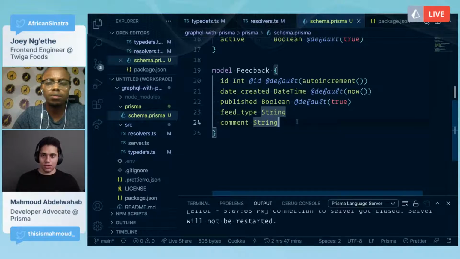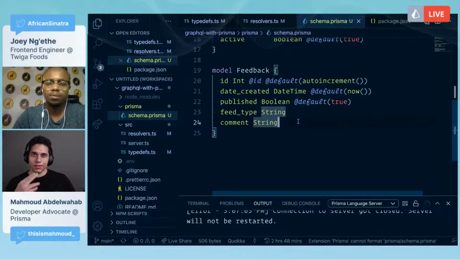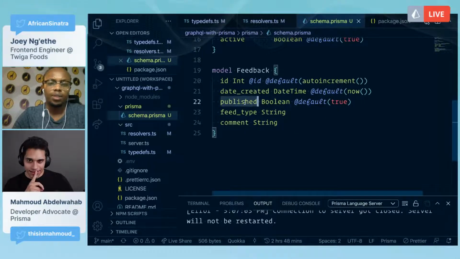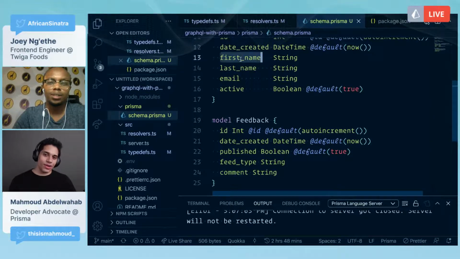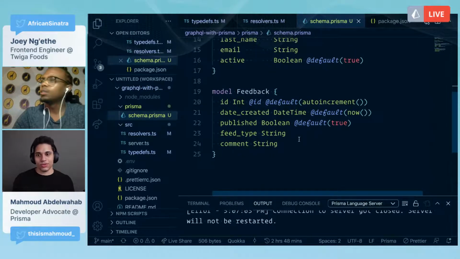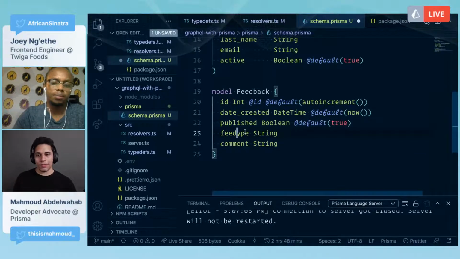So a couple of things. We recommend that when you write your fields to use camel case, where the first letter is not capitalized and the other words are. What casing is this? Is it snake case? No, it's not snake case. I don't remember. So when using underscores, generating the queries and for everything to work properly, we recommend camel case. So feed underscore type will be feed, and then type will be capitalized. But it's fine, this will still work, but that's what's recommended.